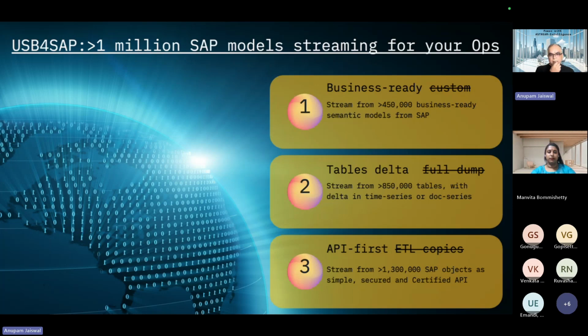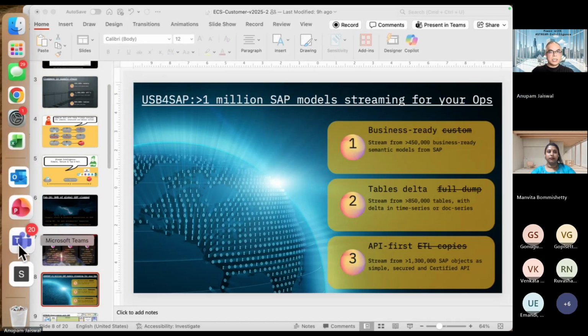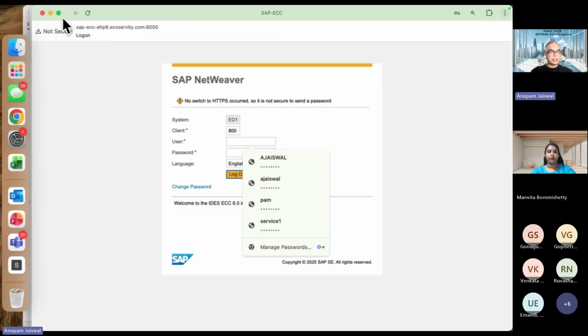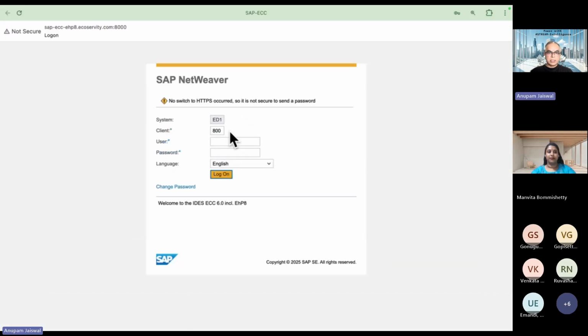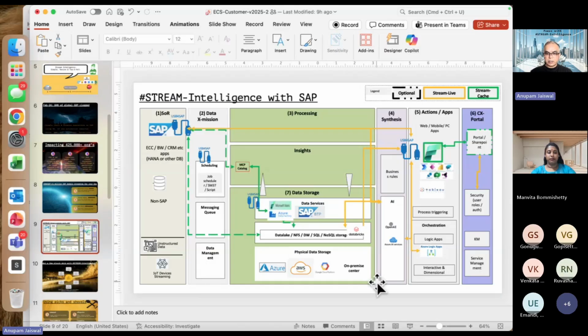All right, enough of me talking. Let me go ahead and start the demo part. I'll first show what happens on SAP, and then Manvita will show her magic, how she does it to get data on the cloud. So before I go there, I just wanted to highlight